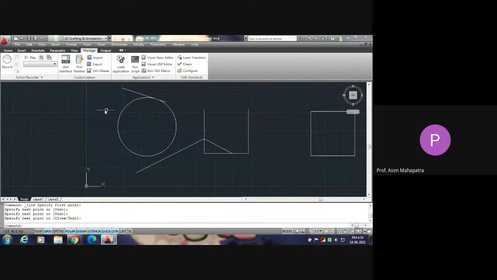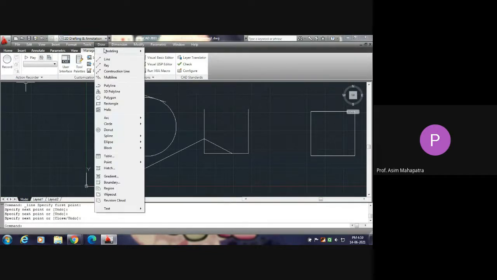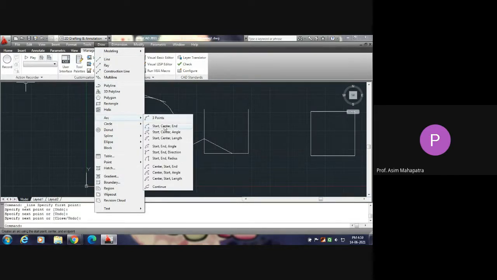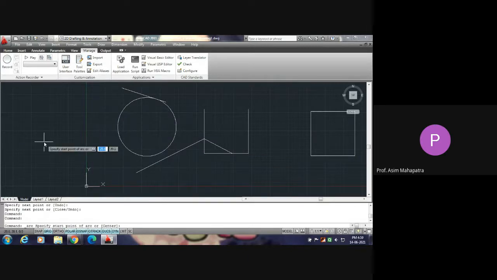Then you go to another draw command, polyline, say arc, start, center, end. Whatever is written in your command bar, say for the last option, you see within brackets it is written Center. So C is capital, meaning C is the shortcut.